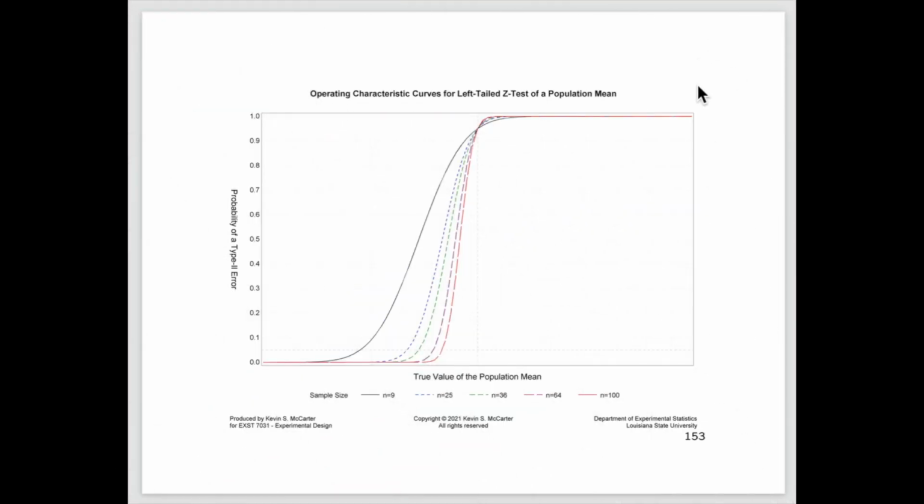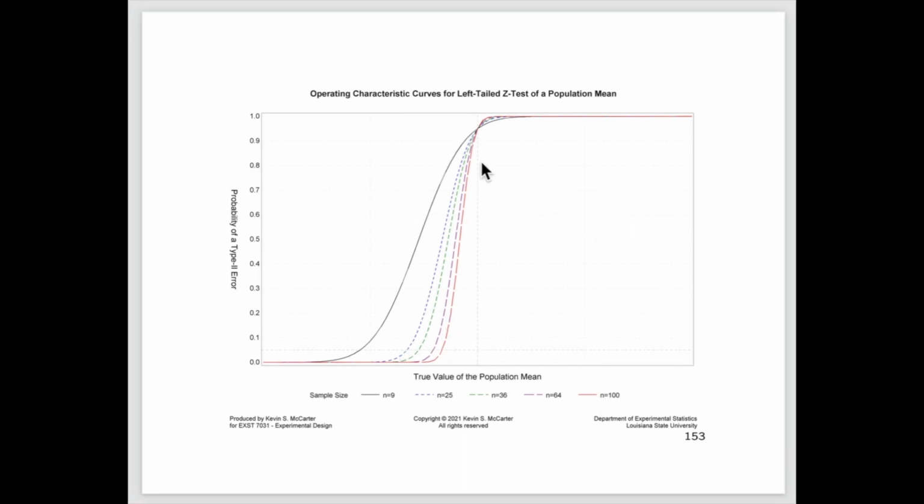All right, the next slide contains operating characteristic curves for a left-tailed z-test of a population mean. And again, we have 1, 2, 3, 4, 5 operating characteristic curves corresponding to 5 different sample sizes, n equal to 9, n equal to 25, n equal to 36, n equal to 64, and n equal to 100. And you can see